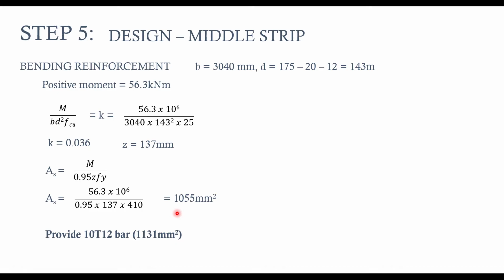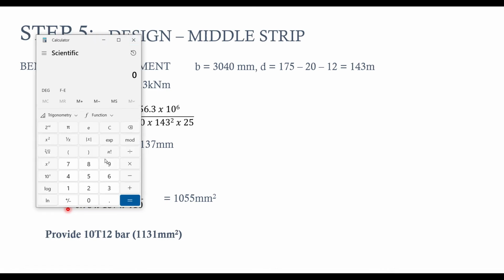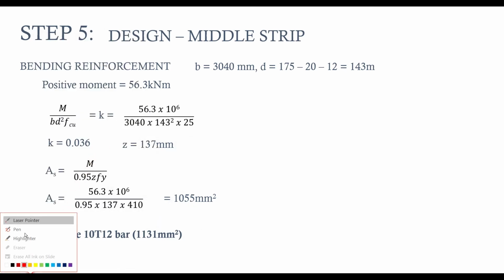So because this is a slab, you can try to convert this area or this reinforcement in terms of spacing, if that is much more convenient for you. In order to do that, you just divide your B, which is what we have here, 3040, by the number of bars to give you the spacing required. So at the end of the day, you are going to have T12 at a spacing of 3040 divided by 10. So approximately you are providing T12 at a spacing of 300 for the middle strip